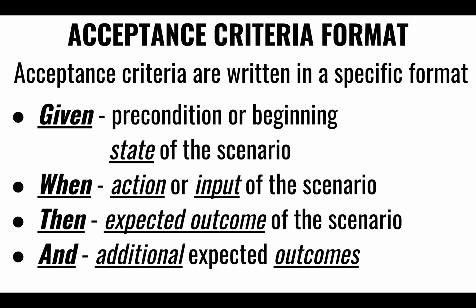The given clause is somewhat the precondition, right? What is the initial state of my test? What things can I assume are true, right? That the application is in a particular state, an initial state, from where I can start my test, right? So given that, and some precondition or some initial state of the application,